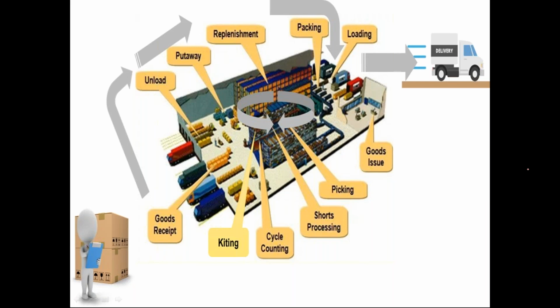And also, obviously, we have something related to changing the destination bin. For example, you have created a put away task, and the system has proposed a bin called XYZ. Now the operator went there, he tried to place the stock in the bin, and by the time he goes there, there may be some other stock available. Because of some discrepancies, that stock is not showing in the system. As per the system, it is an empty bin, but physically there is some stock available. Now the operator cannot place the stock in that bin. He has to change the destination bin, I mean, he has to change the bin proposed by the system.